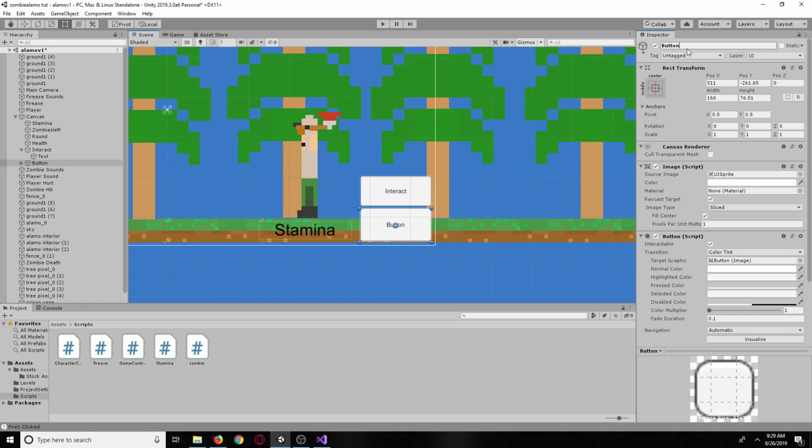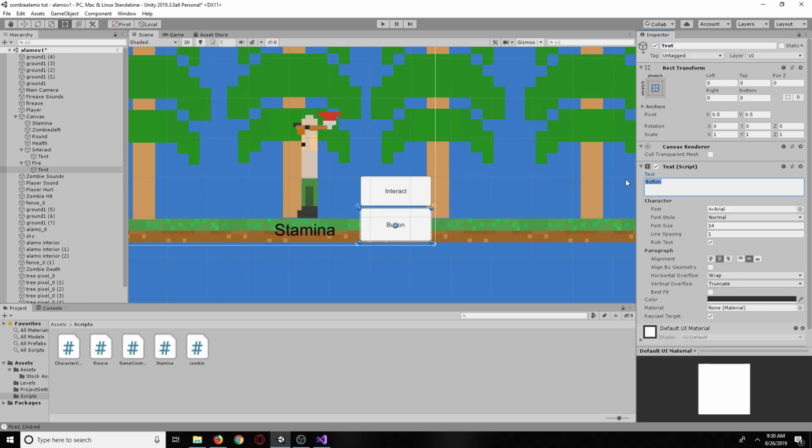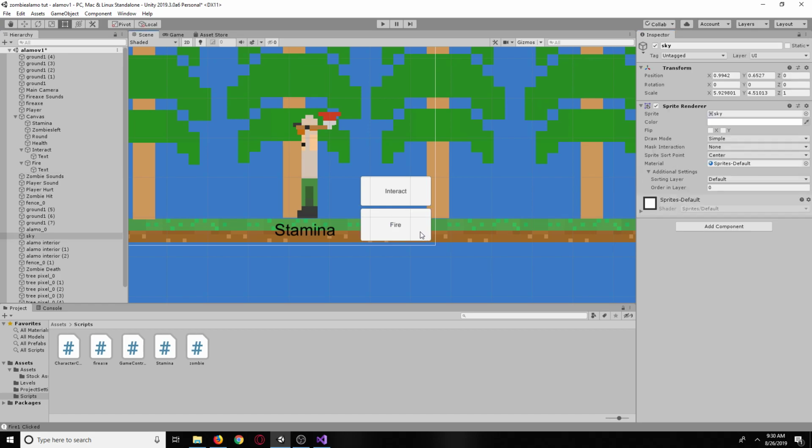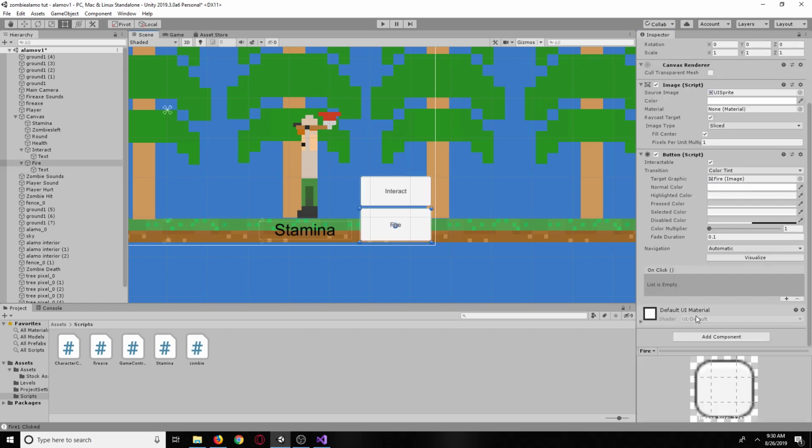Here, and then this is going to be, I'm just going to call fire. And then we're just going to call this fire. Okay. So now, basically what we're going to do is we're going to actually look in here, reload all. Okay, so basically that testing script got deleted when I reloaded. And what we're going to do